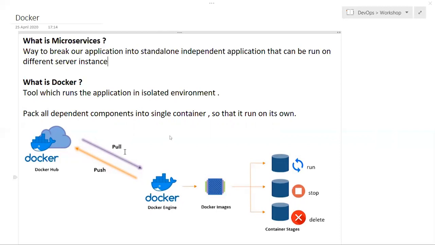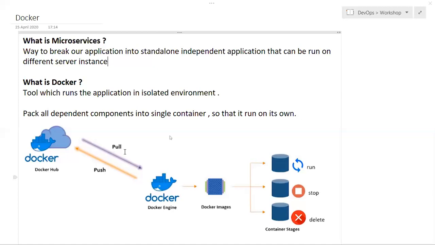I will take one more entire session, another 2 hours, to explain microservices itself. That is a big architecture change, a transformation of the IT industry from monolithic to microservices. In between, after monolithic, service oriented architecture came, where all the components talk with each other through services like REST or SOAP. But at the end of the day, we club everything together and deploy in a single instance, maybe a Tomcat server. Maybe you can have a load balancer, but the deployment is a single package. So that's why microservices came.